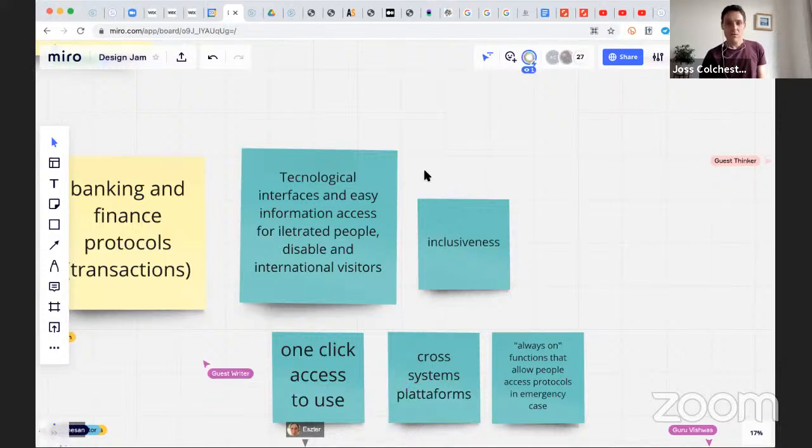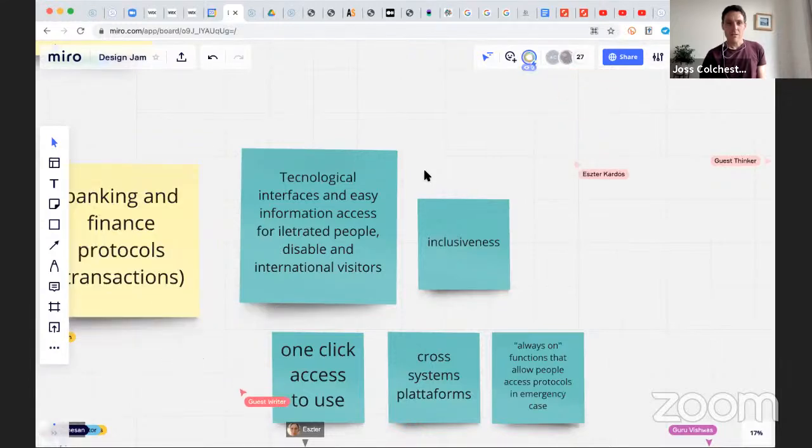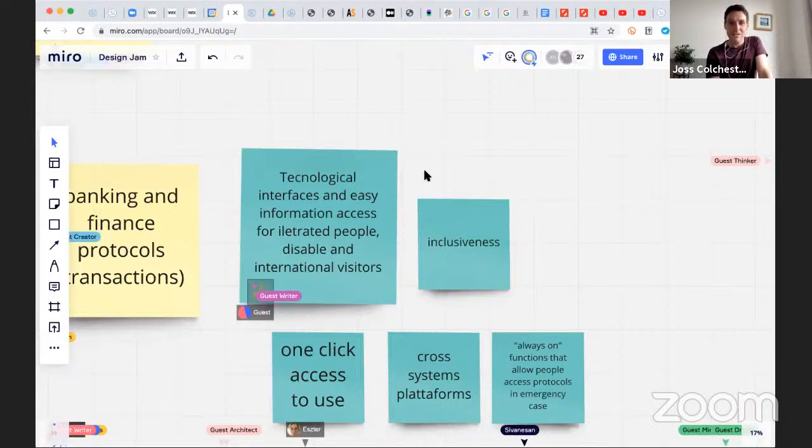Yeah, so interfaces are a kind of protocol, a kind of language, aren't they? Through which we're expected to know. We've built up a lot of knowledge, haven't we, over the past 20 years, about how to interact with all these computers and all these signs and symbols, what a thumbs up means and so forth. Anybody want to talk on this? The guest writer?